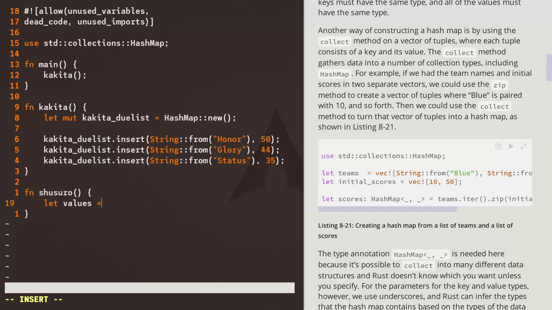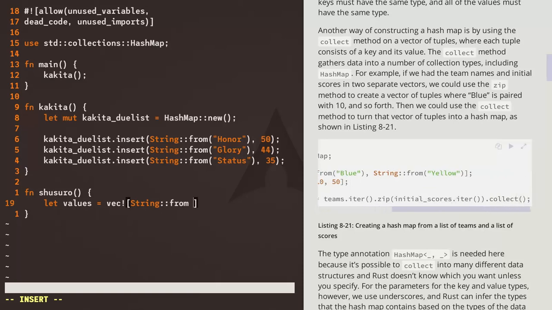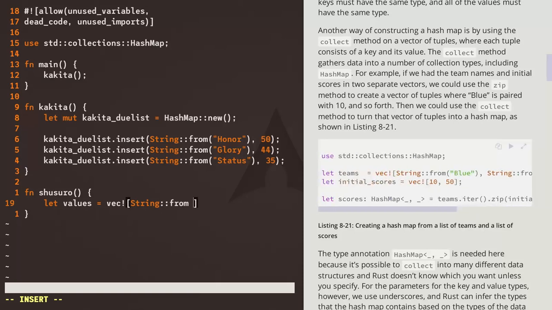So let values equal vec macro, string from. Am I gonna have them all to begin with? Here they're starting with 2 of them. I guess so. So we will say string from